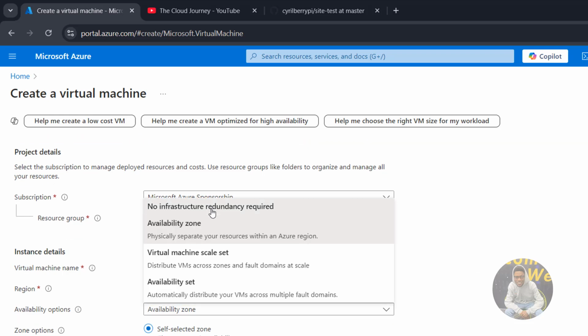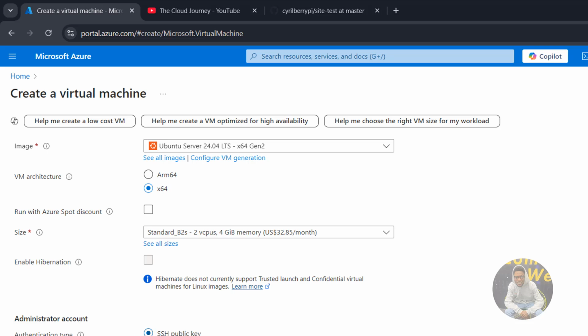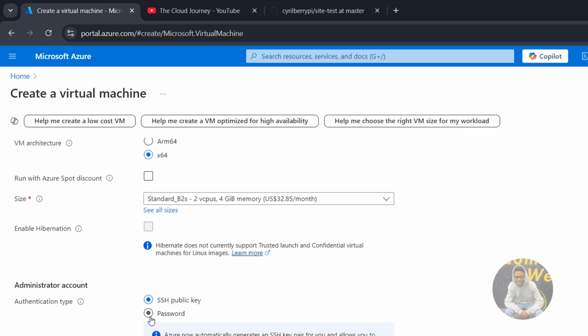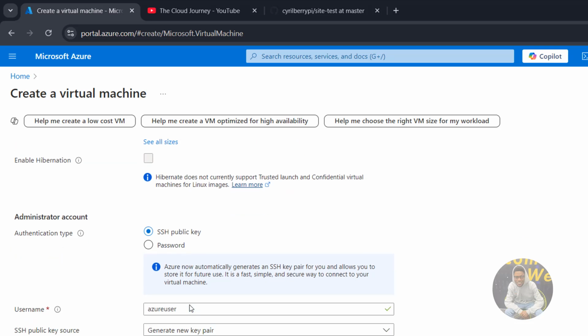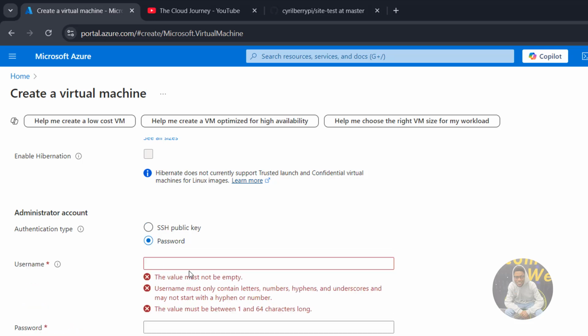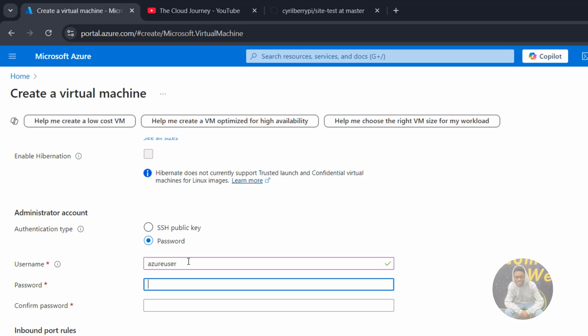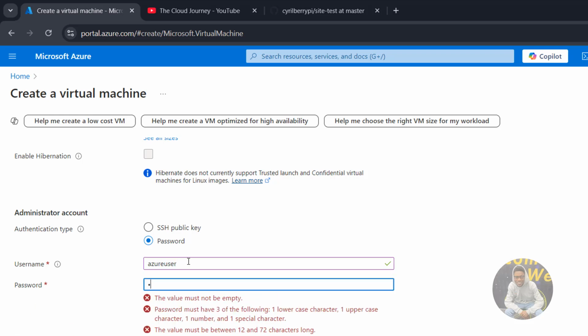Availability zones, they're going to be no infrastructure redundancy. Okay, so this SKU is fine. You can use SSH public key to log in. You can use password. So any of them works for you. So for some reason, I just want to use password, so it just asks me for username and password. That's all. So let's see how it goes. I'm going to use web as well, or should I use Azure user? If my password,